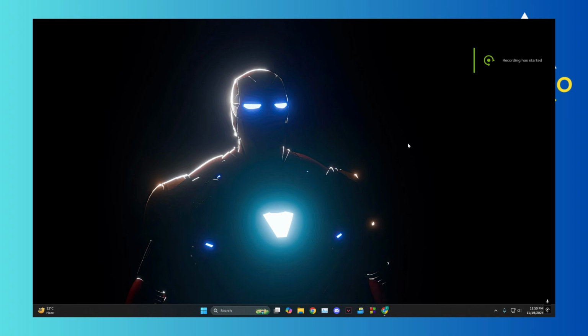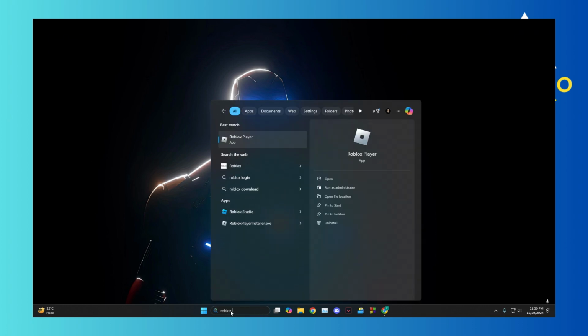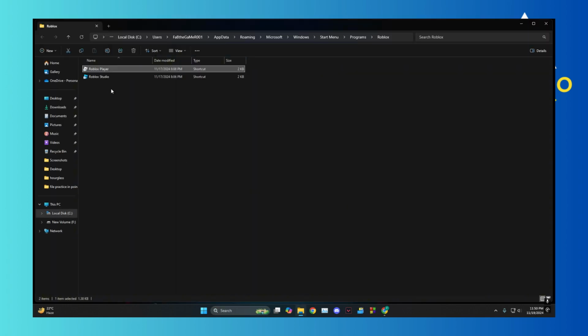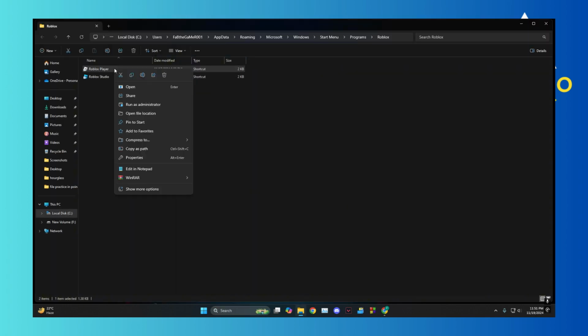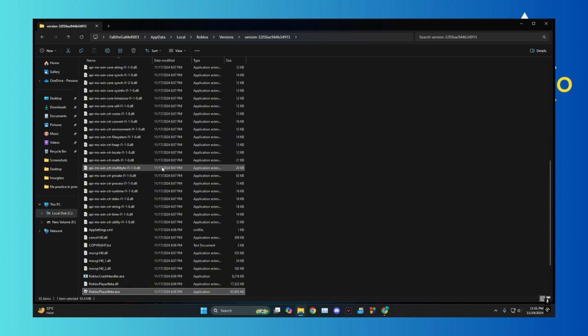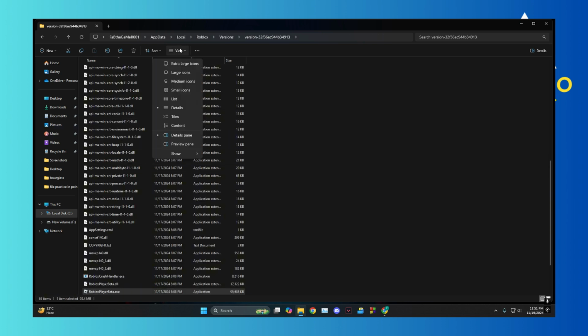Today I'm going to show you guys how to fix RoShade for Roblox not working. First thing you need to do is search for Roblox player, and then you want to click on open file location. Right click on Roblox player one more time, click on open file location again. Now we want to